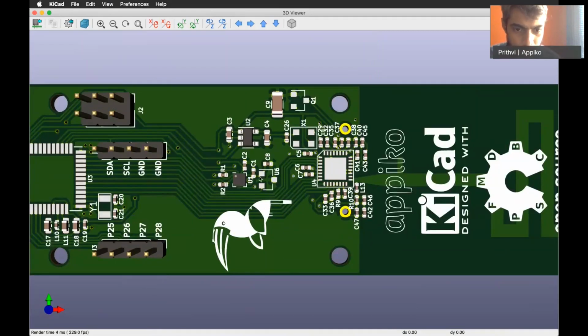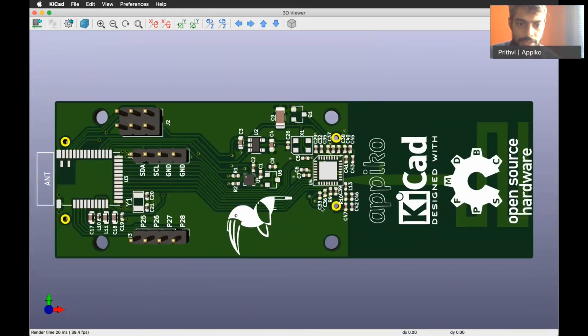And the decoupling capacitors for U1 and U2 are also placed close. U1 and U2 are an accelerometer and an LDO respectively. Communication between the CC1175 and NRF52 is using SPI, which is a digital communication. So you can have long tracks for communication between the two, as you can see here.